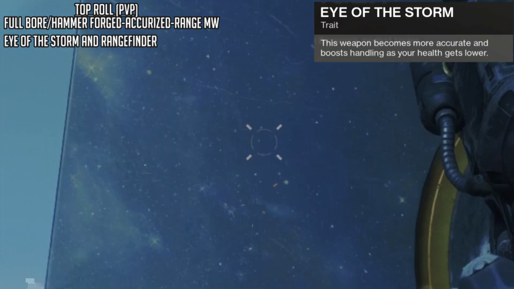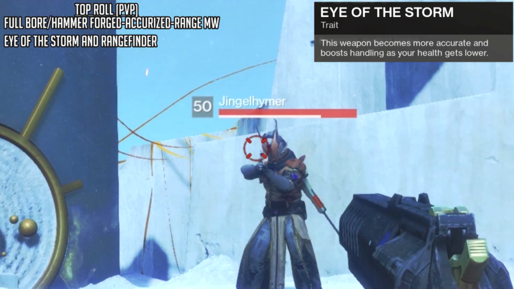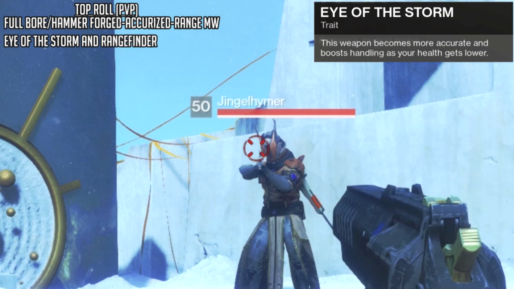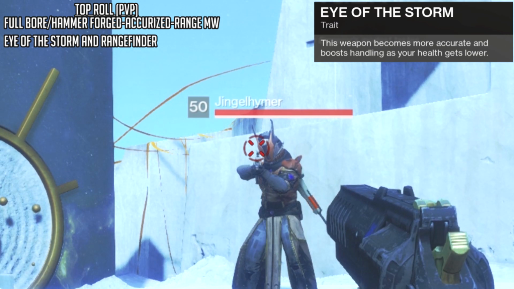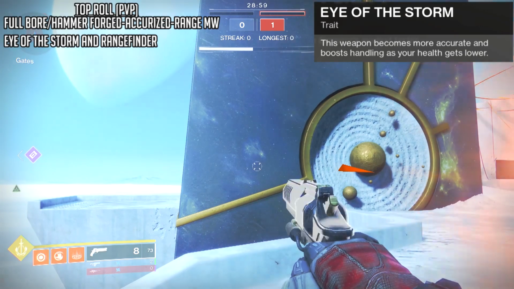Eye of the Storm is going to proc when you're at about 50% health, or half health. When it procs, the X tightens up, you see it draw in. And like the perk states, this makes you more accurate. But it doesn't stop there, it procs again a second time when you're at about 20-25% health. It tightens up even more. If someone hits you with a really heavy shot and gets you down to like 10 health, it goes straight